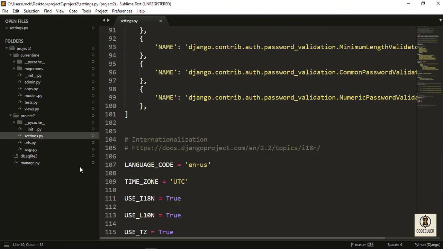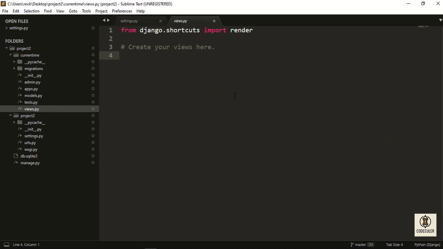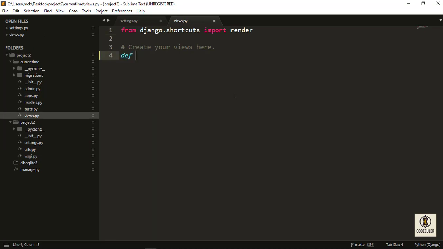Now move to urls.py. We have to attach this view to the urls.py. Before going to the URL, I'd like to write the views function. I'd like to display the current time, so def time. I'm giving it the name time; you can give anything of your choice.